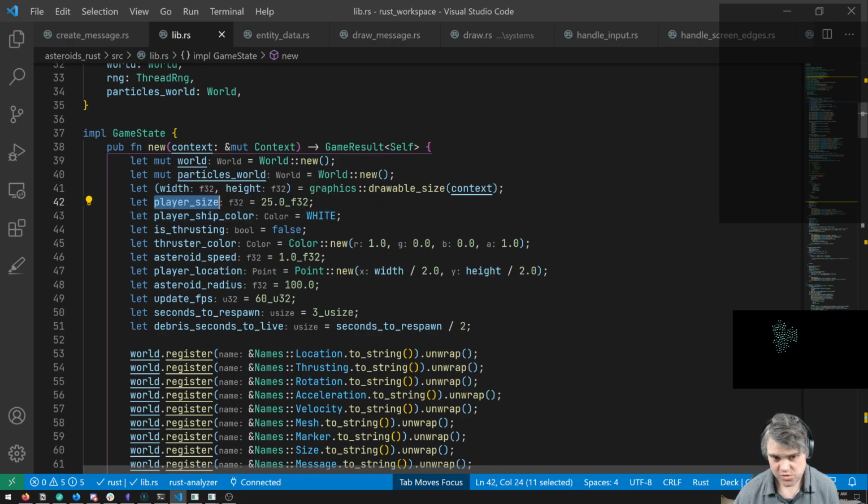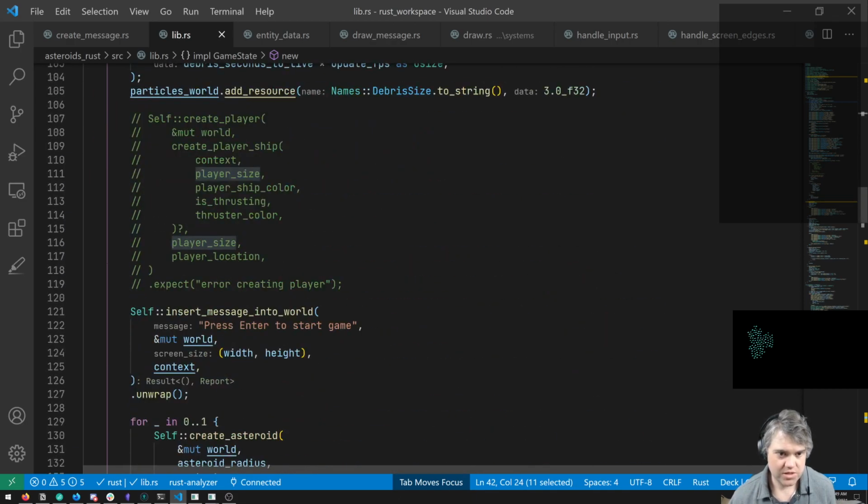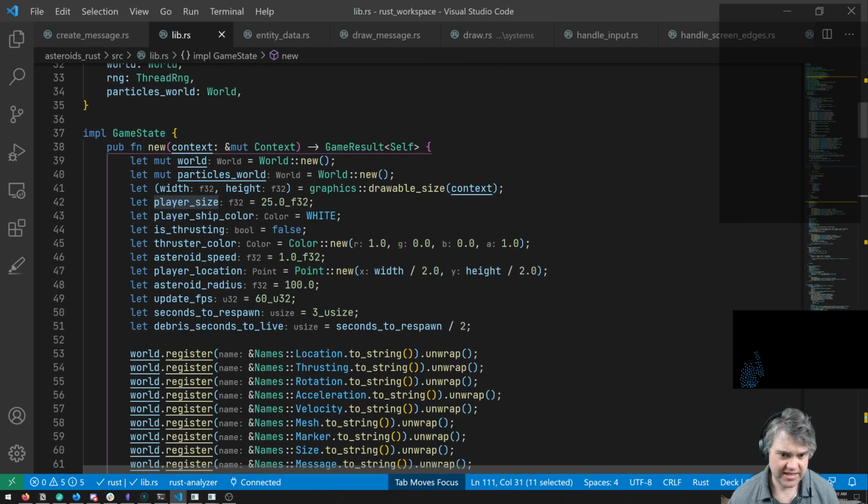So, okay, we need the player size here. We just have you be like 25.